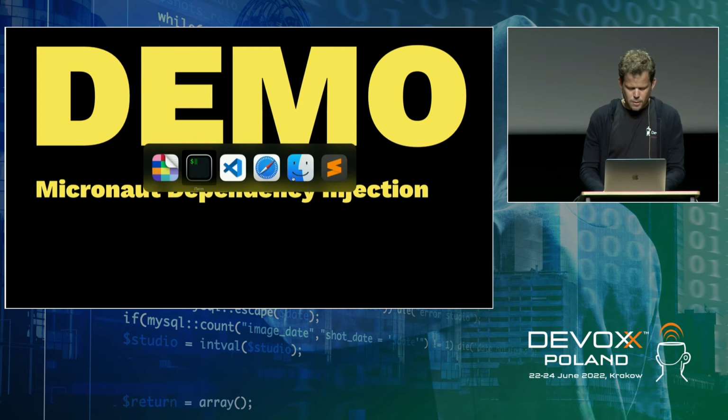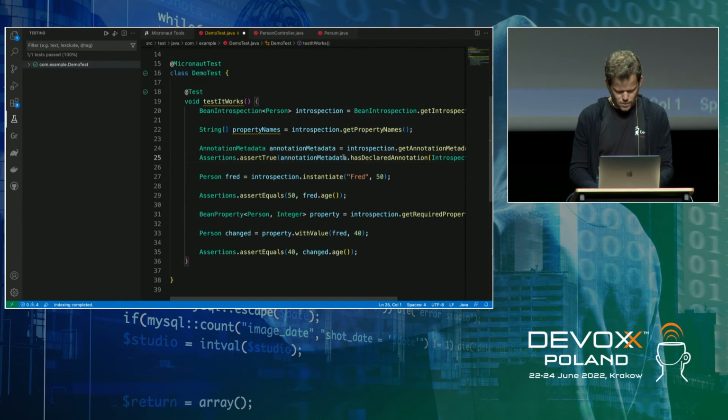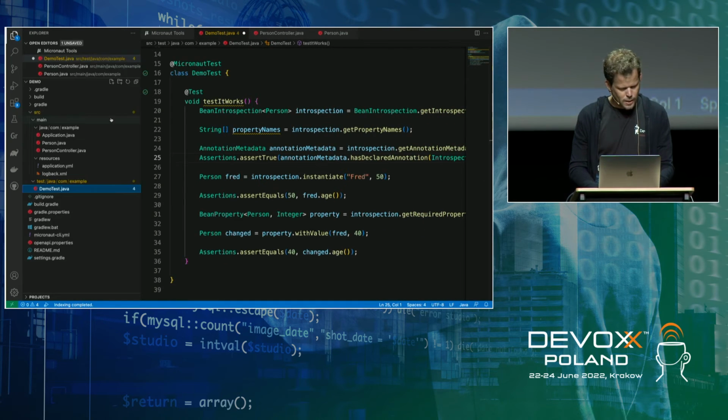So, dependency injection in Micronaut, and I am going to have to start moving faster. Two hours, you think it's a lot of time, but it's not. Dependency injection in Micronaut is pretty simple. It's based on